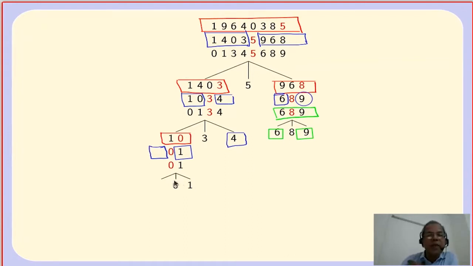Similarly here, 1 is a singleton, therefore 01 is sorted. When these two calls return, the recursive call with 10 as the input and the recursive call with 4 as the input, it is 01 on the left side, 4 on the right side, and the pivot. When these two recursive calls return,